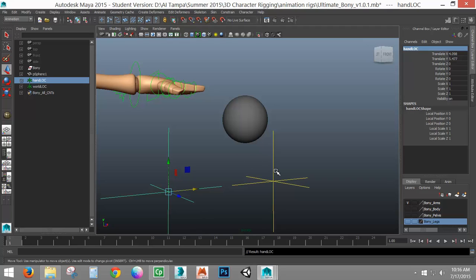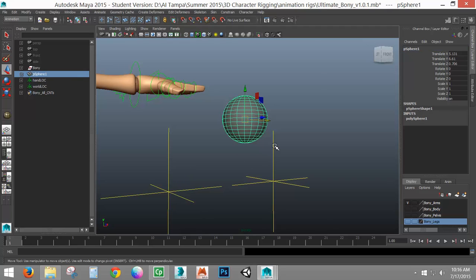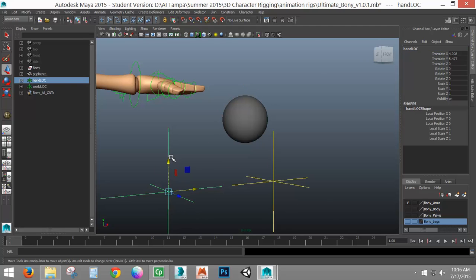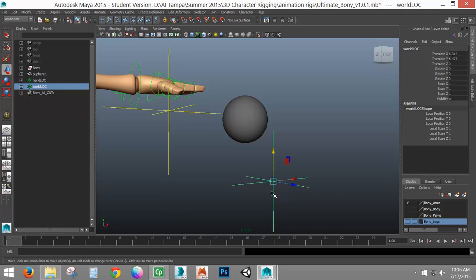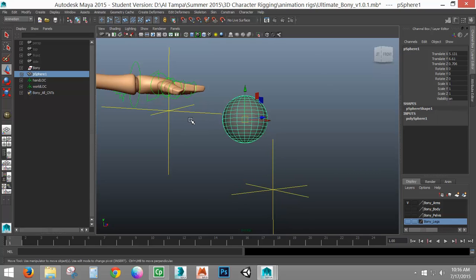So the idea is you're going to be basically constraining this object to follow the locators, that these locators are going to control its movement. So you do need to do some positioning. The one that's going to be in my hand needs to be obviously near the hand. The one that's going to be in the world, this is your starting point, you put it wherever the animation starts and that object needs to be. Now the important thing to know with this point constraint is the fact that it is going to be applied based on the pivot of your object.